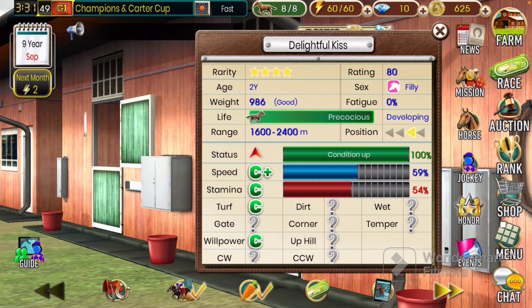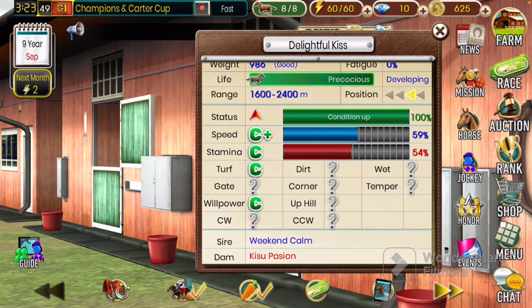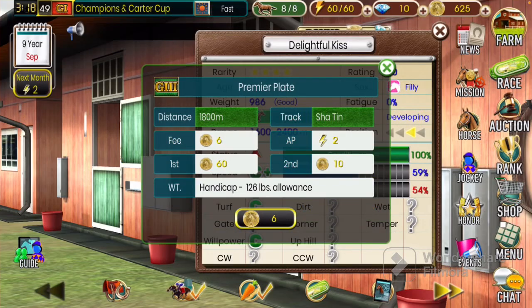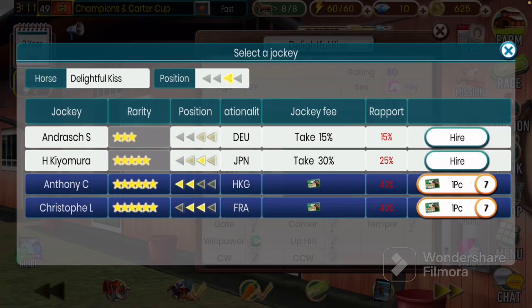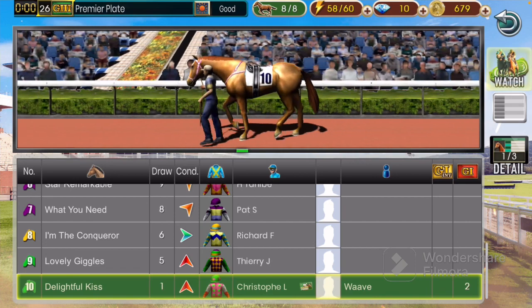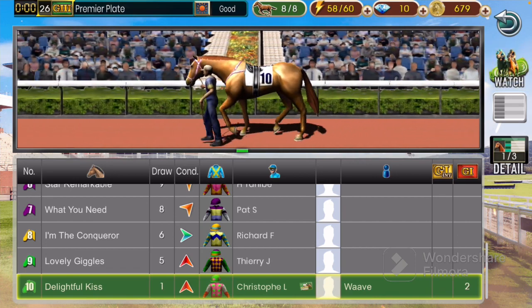I don't recall if she'll have a longer growth type or not, but I want to see what she's like. So we're going to go ahead and toss her in her first race as a 2-year-old. It is going to be most likely a grade 3 event. Yes, the grade 3 Premier Plate running 1,800 meters at Shatin, and handicap is 126 allowed. And I do have some jockey pieces, so I will go ahead and use Christopher L. from France to be the jockey here for our girl Delightful Kiss, which she'll be making her debut in a